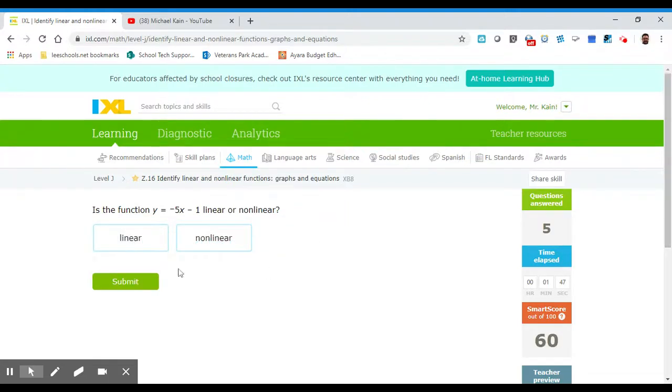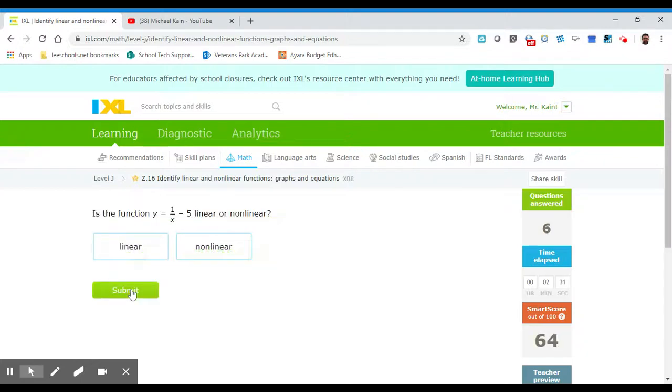All right, let's skip up a level. Now we have to look at functions as equations. As long as you have an x that doesn't have anything crazy, like it's not squared, you're fine. Any x that's squared is going to be nonlinear. And as long as x is not the denominator of a fraction, you should be good to go. So this is definitely linear because y equals mx plus b, as long as you have a slope, even a slope of 1, or even if it's just y equals x,